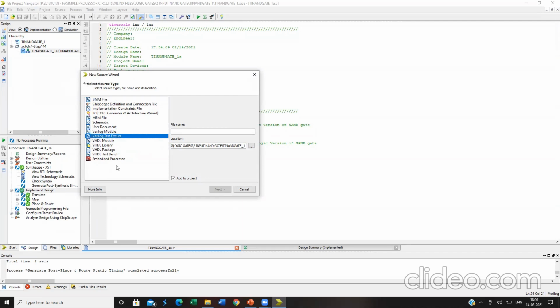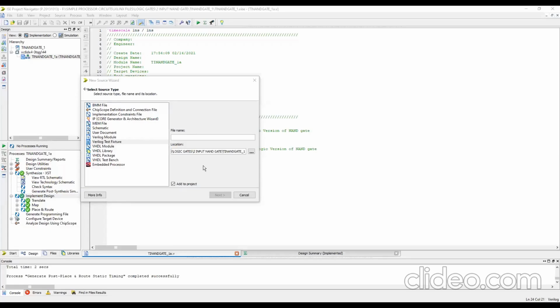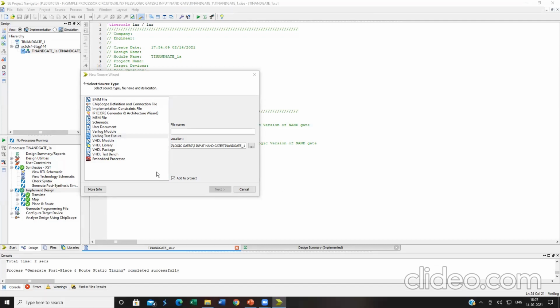Now we have to select Verilog test fixture. Test fixture means test bench. In Xilinx ISE software, test bench is called test fixture. Kindly understand that these are some of the terminologies you must understand. Okay, Verilog test fixture.